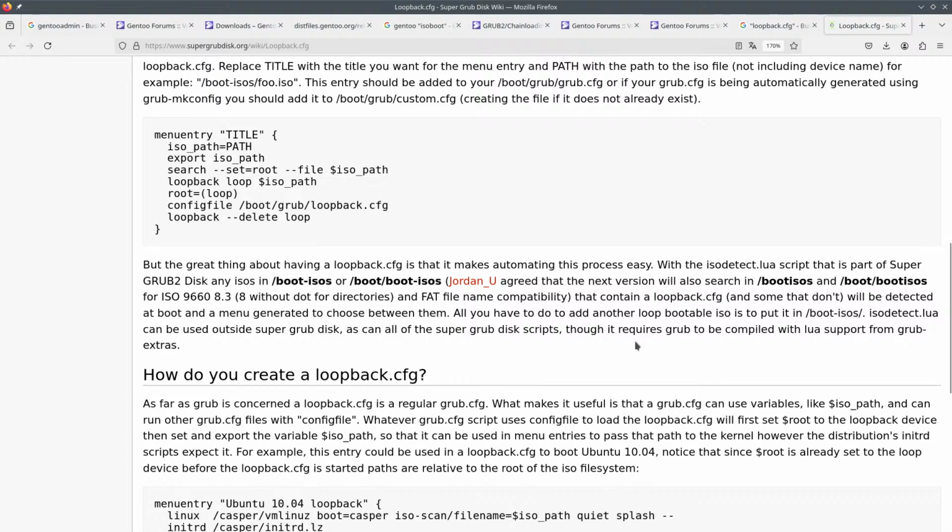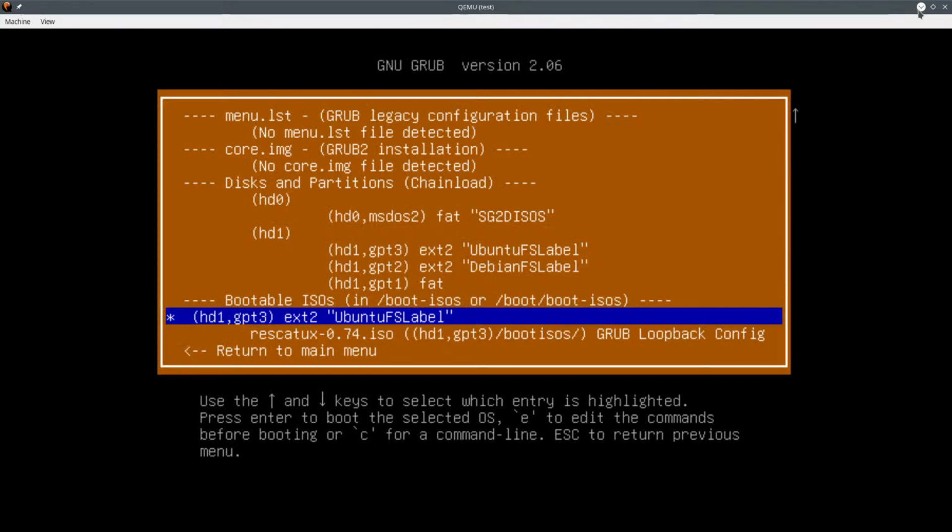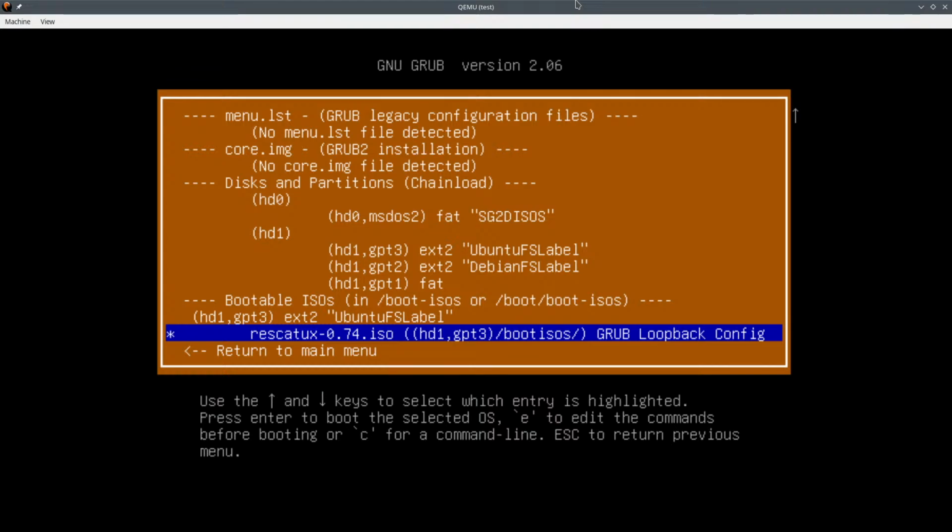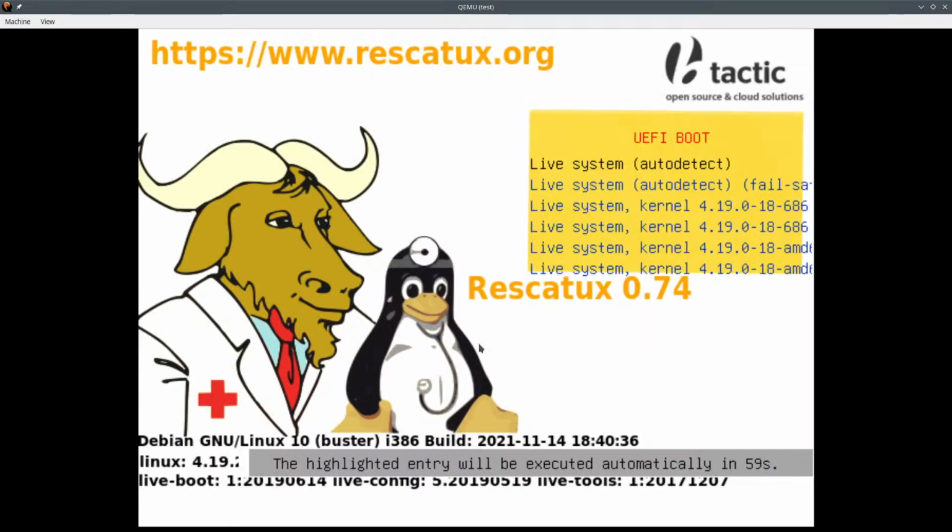Okay, so here you have an example with ReactOS that I have here, second hard disk, third partition, boot ISOs. There's this ReactOS 0.74, and as ReactOS has this thing, it can boot from here.